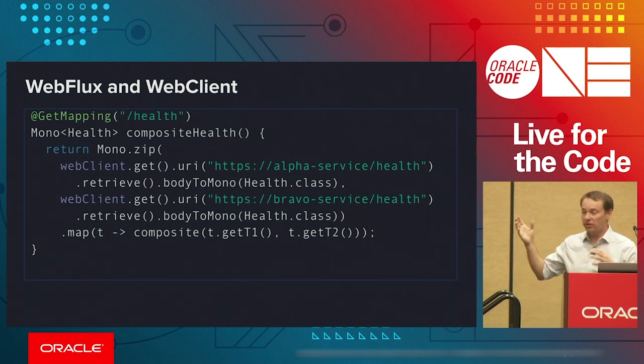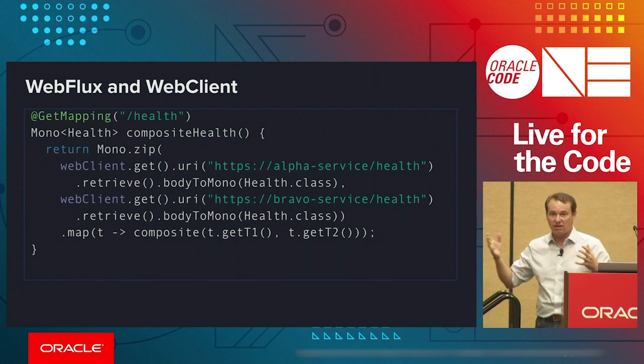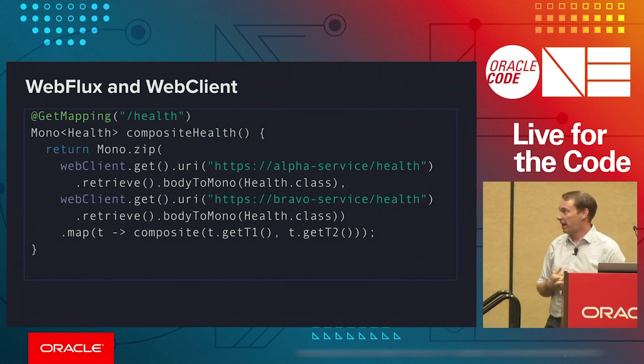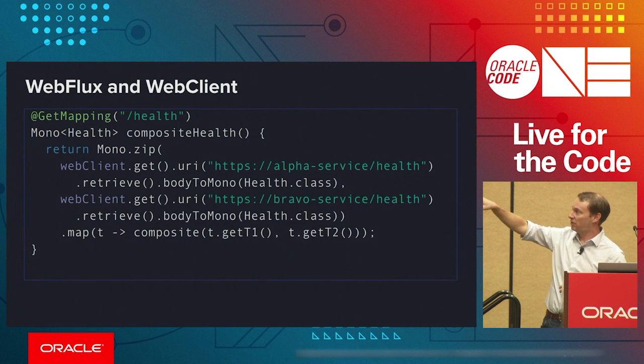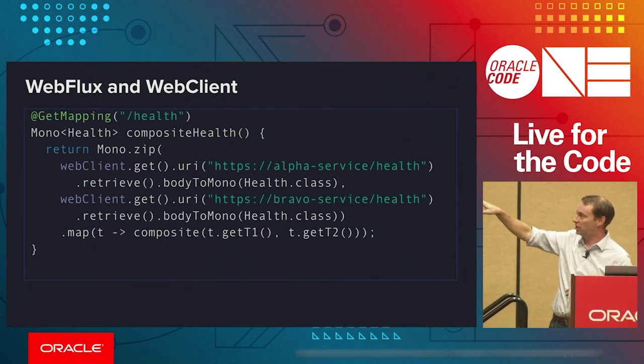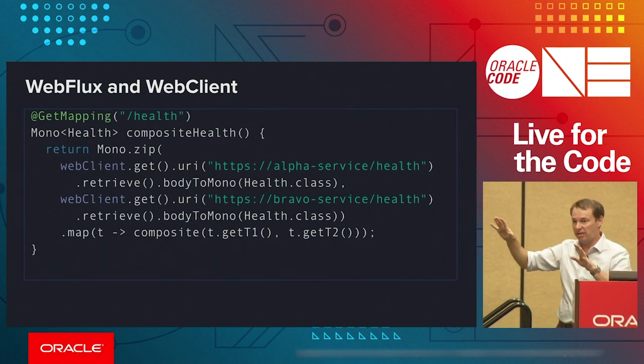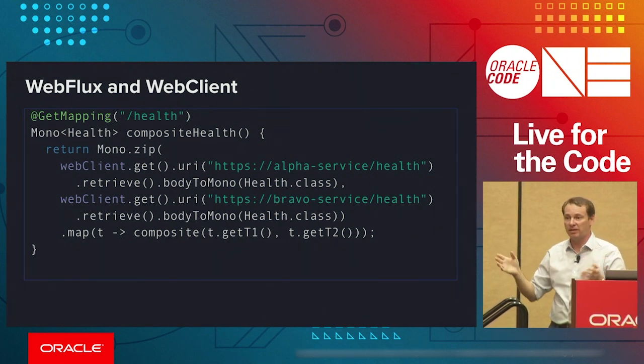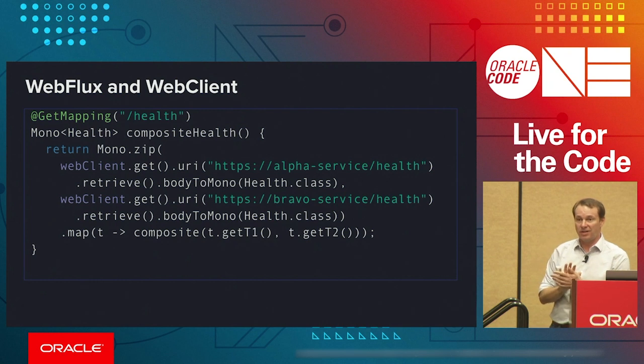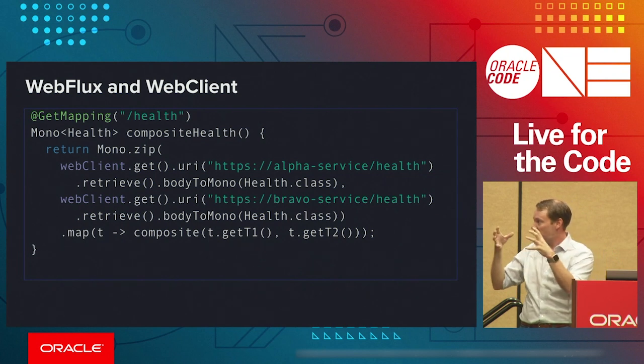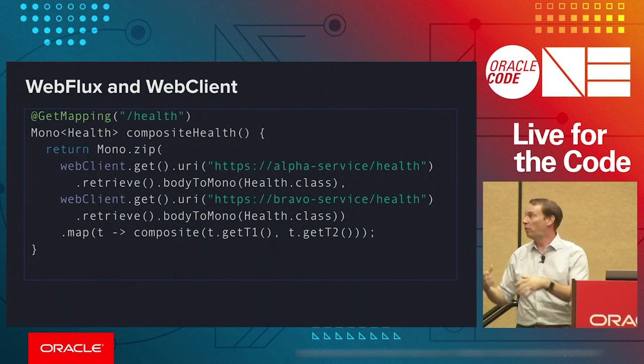And so this code, if you guys are familiar with Spring-style syntaxes for running applications, we've got a method. This is going to listen on /health for something. And this particular thing is going to use something called the web client. Doesn't really matter what this API is. It's like REST template or something like that, to asynchronously and non-blockingly, so in a reactive way, go to my alpha service and get its health, go to my Bravo service, get its health, and then map those two things, right? Map them into a composite health item that will then be returned.